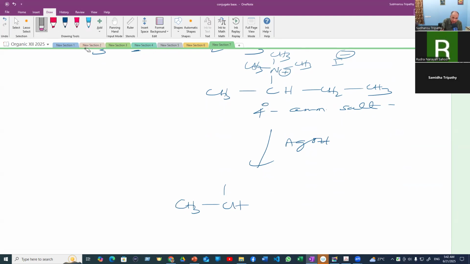These things are required only for the advanced level, not for